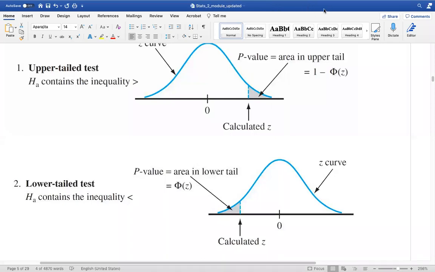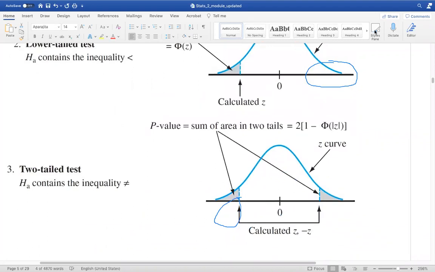So here there are some formulas also he mentioned over here. So this is the thing, 1 minus phi of z, okay, this is the lower tail. We are taking phi of z, exactly phi of z. But when you are taking the upper tail, then 1 minus phi of z. Okay, but when you are taking the two tail,